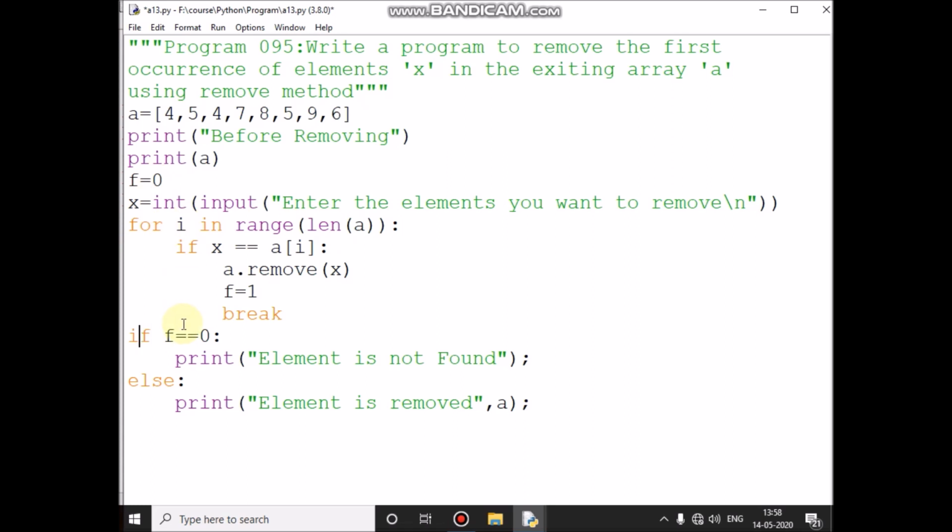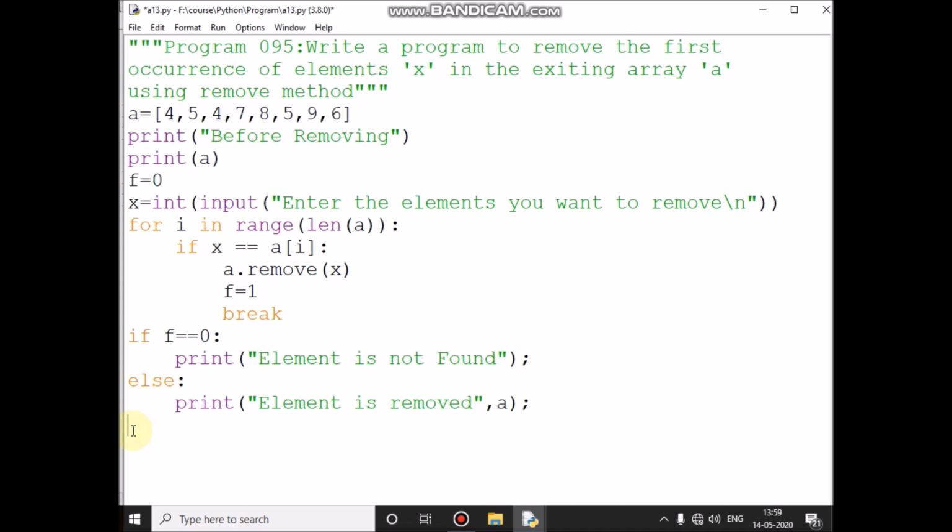then control comes to the immediate first statement, if F value is still 0, F equal to 0, every if statement ends with a colon, so condition is true, control comes inside the if and prints the message element is not found. According to this array, 55 is not available in the array, so element is not found, you can get this message, then control comes to the immediate next statement, there is no other statement, the program is over.